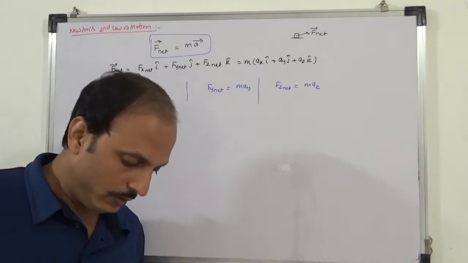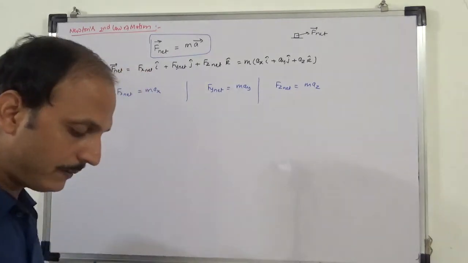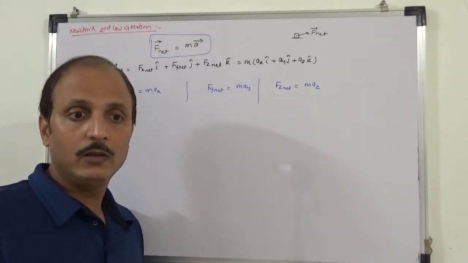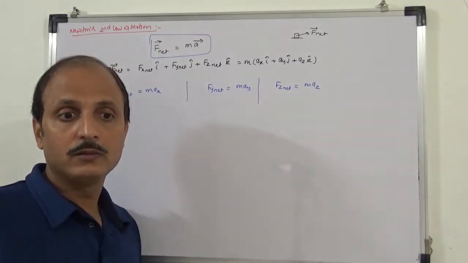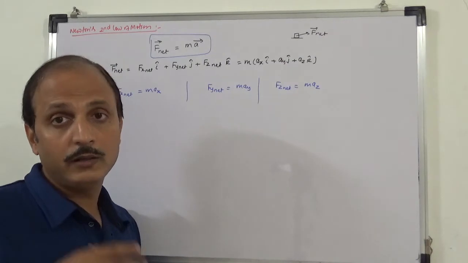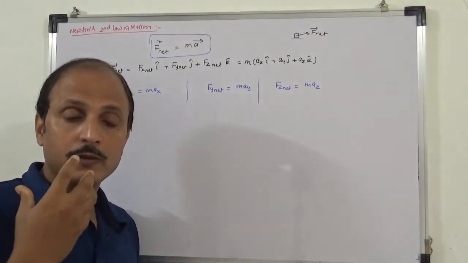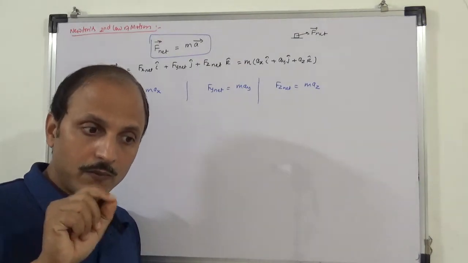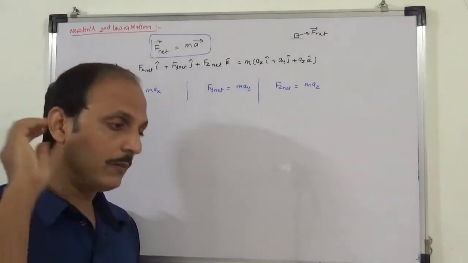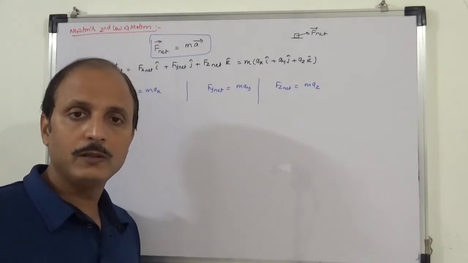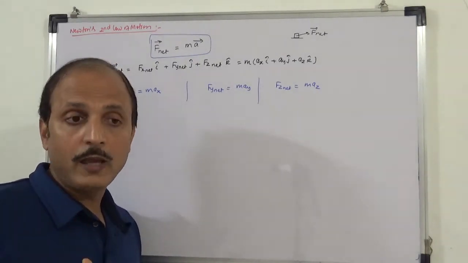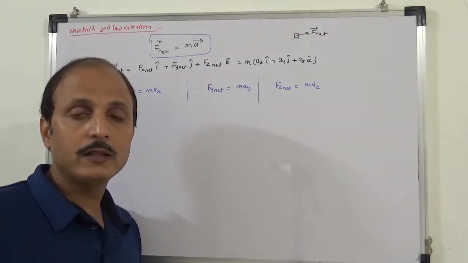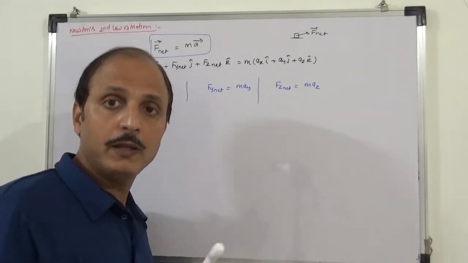Okay. The question will become clearer. Sometimes it may happen that we have only forces along x and y. Along z there is no force. Or it may also happen we have forces along x and z. Along y there is no force. So in the direction in which there is no force, the body is not going to move. Simple. It may also happen that there is a force along z but it is not accelerating along z. So there can be many possibilities here.